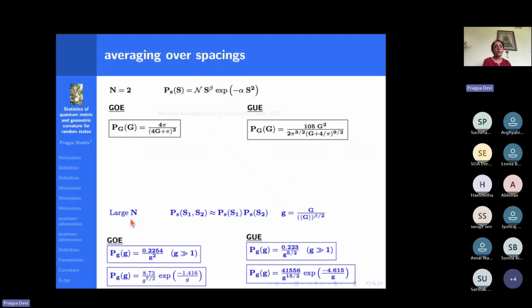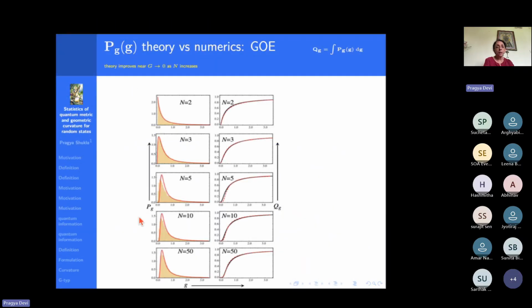We have done the calculation using the detailed calculations also, and this codimension idea actually works very well with the detailed calculations also. And now let me just show you the numerical results. So here we have compared. So this is showing the